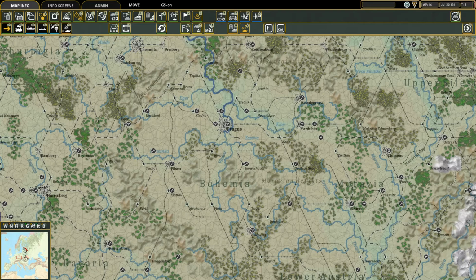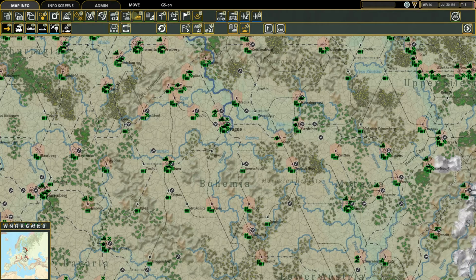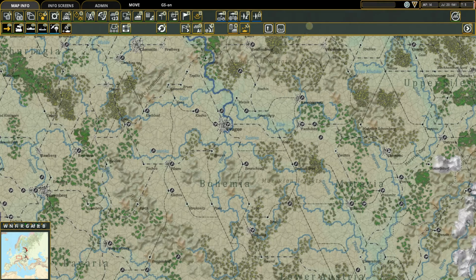Now, you don't really have any control over production. The only way that production can be increased or decreased is really when you take territory. Soviet production can go down if you take over places that have factories that haven't moved. And likewise, you as the Axis, as you have territory taken away from you, if it has some of your factories, well, your production goes down. And we can always look and see where factories are located and what those factories are producing, including manpower, which you wouldn't think would be produced in a factory, but it's an abstraction, right? We're talking about how many men can be raised, but you can always look at your factories out here and look at that. So we went all the way through production, and then we started talking about the logistics network,